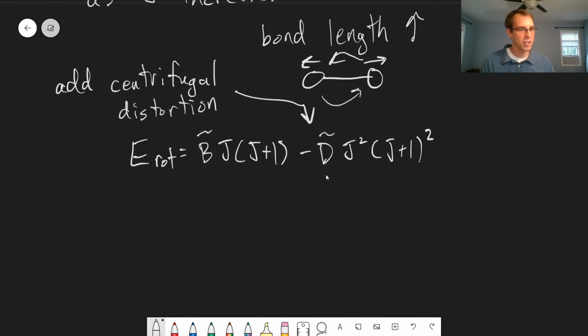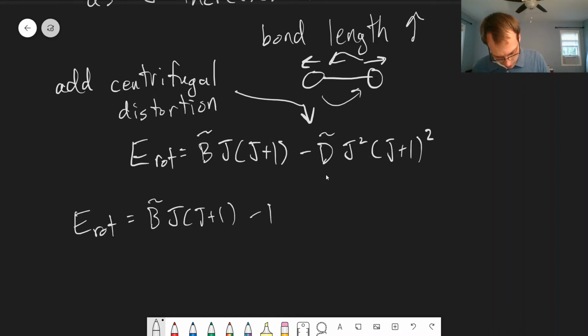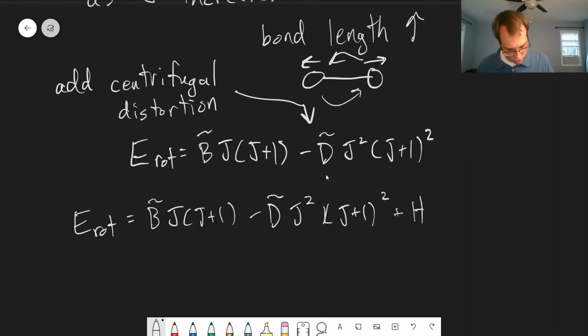And rotational spectroscopists do this, and they go to very high orders. So we can say the rotational energy is B times J times J plus 1, minus D times J squared, J plus 1 squared. And then we can add extra terms like H, which depends on J cubed times J plus 1 cubed, and we can keep going with this. And spectroscopists do. We generate these very large tables of numbers describing these rotational transitions. So in general, what happens here is that